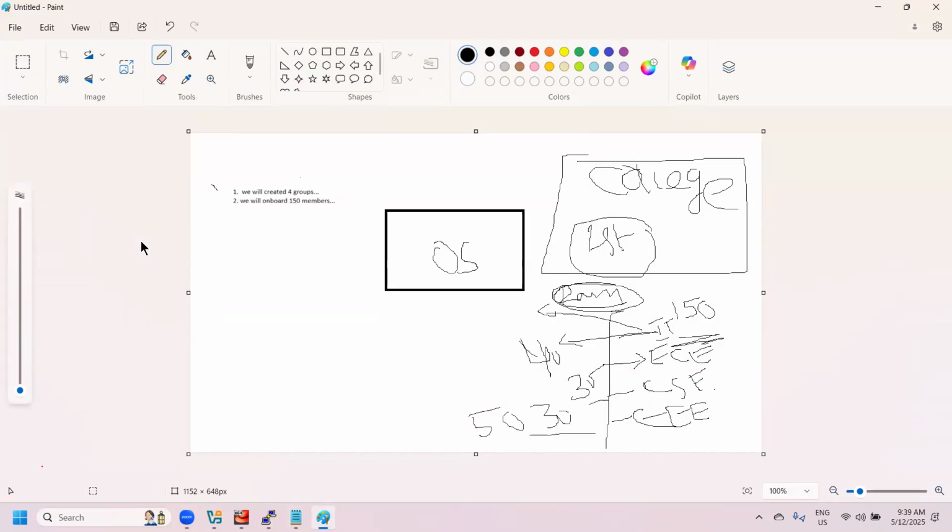We have created 4 groups, and we'll first onboard the ram user. Ram is part of which department? IT department. Now we have created 4 groups, right? One is the IT group, EC group, CSE group, and EEE group. So while creating the user called ram, what I will do